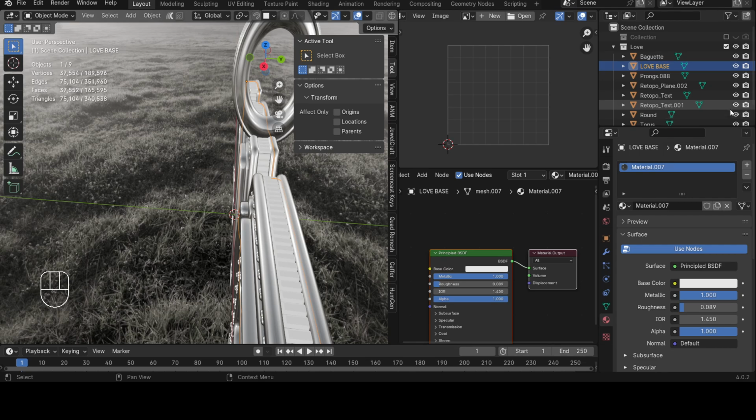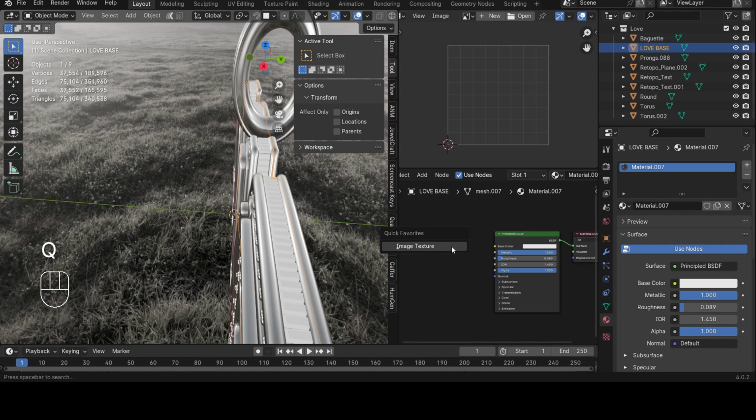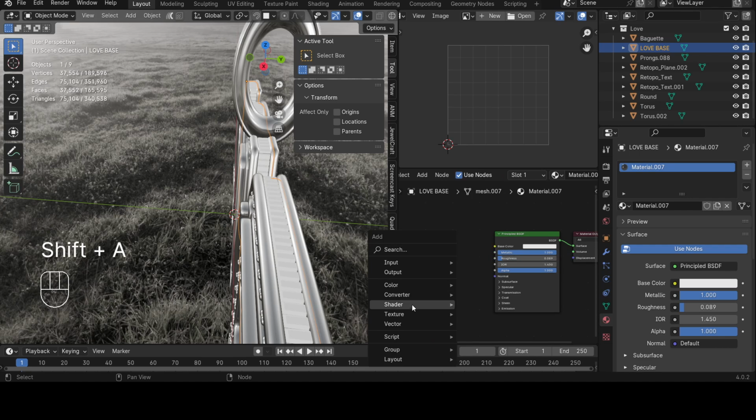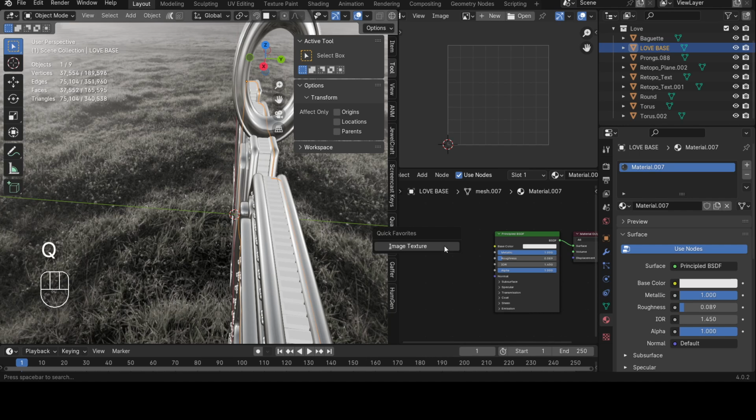I want everything to show up on the bake, right? So I'm going to just leave everything selected, the render, which you want to show up in your bake process. And as a matter of fact, I'm gonna show you the difference. So Q, and that's just a shortcut. You can do Shift A and then go to texture, and then go to image texture. Or if you wanted to make it a shortcut, you right click it and add to shortcut. So I already have it as a shortcut, so I'll click Q,